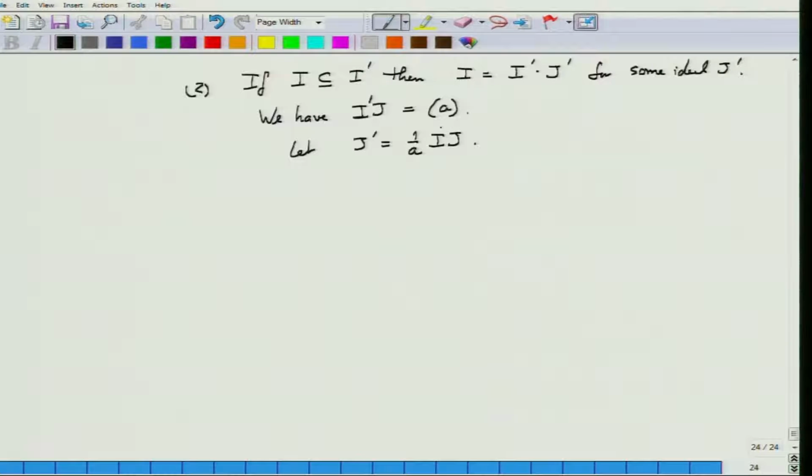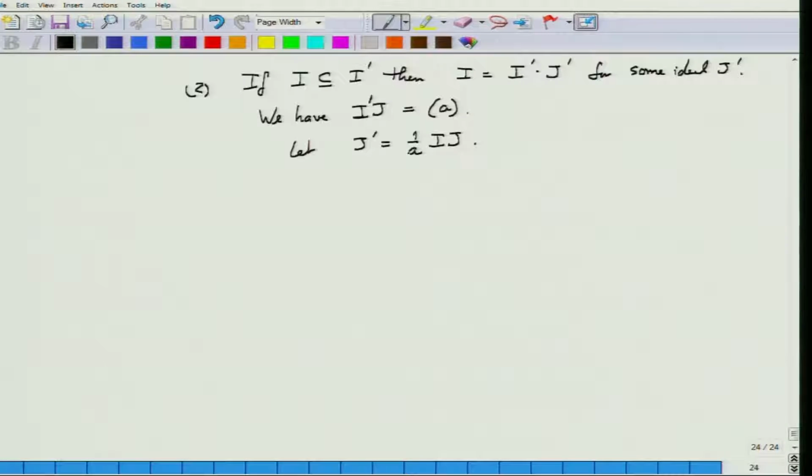So the elements in here are multiples of A, so just cancel out or take out A from this, and you get elements of Ij divided by A. I'm not saying that A is invertible. I'm simply saying that if A times B is in Ij, then B is in J dash. So this is defined as the set of all B such that AB is in Ij. And since we know that every element of Ij is of the form A times B, this definition makes sense. J dash is an ideal,